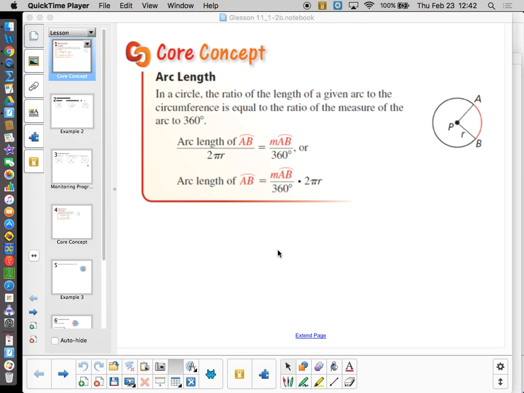Today we're going to talk about what happens when we aren't finding the full circumference of the circle or the full area of a circle, if we only want part of the circle for either circumference or area. Now, really it's pretty much the same thing either way. The only real difference is if we're looking for arc length,